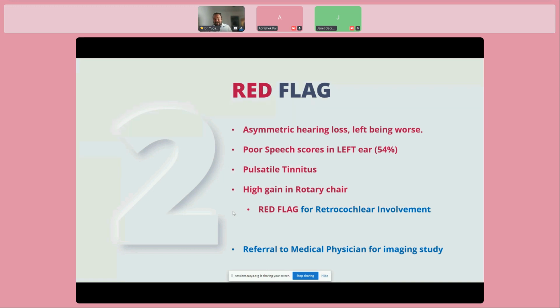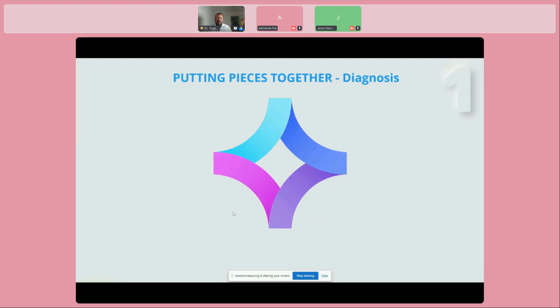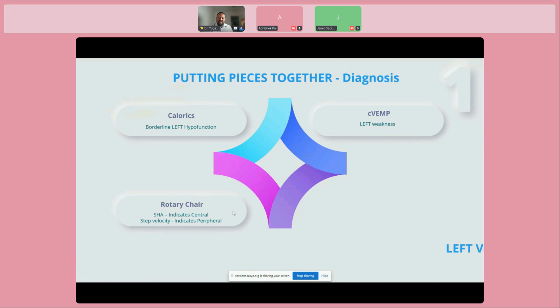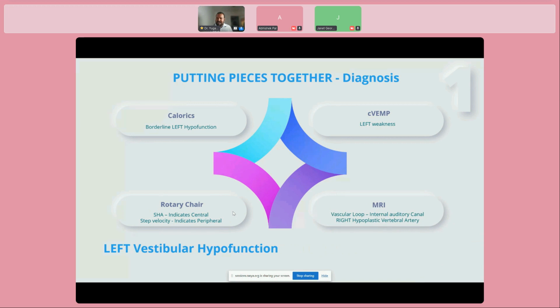But this time we know which imaging to look at, so we specifically referred for MRA, and then we got the responses. Let's put all these pieces together: it is obviously left vestibular hypofunction, but the MRI came out showing that there is actually vascular